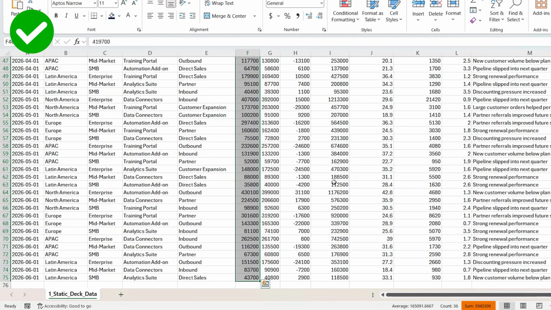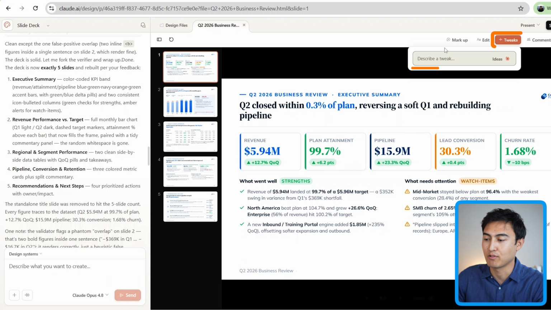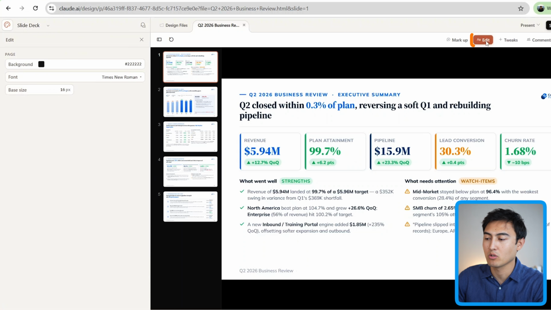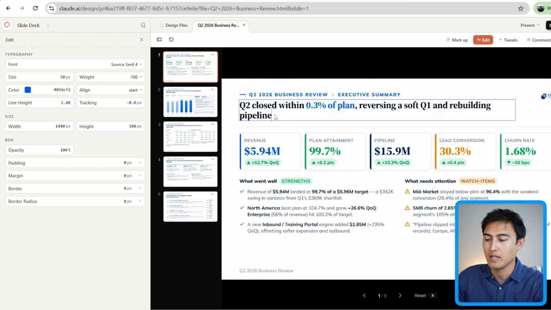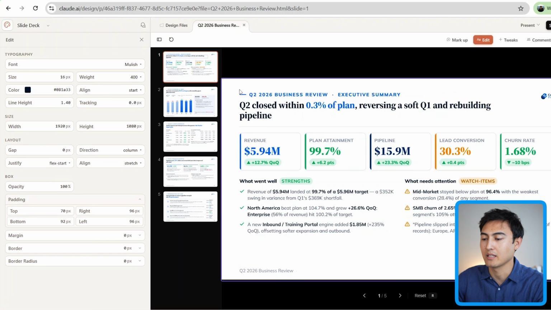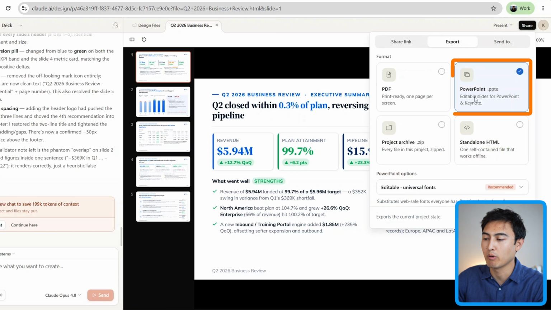So that's looking correct. Going back in here, what if you don't like certain parts? Of course, you can ask it within this area on the left, or you can also just go ahead and ask for some tweaks in here. It's gonna do those for you quickly. And we can also go to edit, which is literally going inside of all of these different parts and making any changes. So here I could add an S if I wanted, things like that can easily be done there. And even better, we can go ahead and press on share and take this over to PowerPoint if we wanted